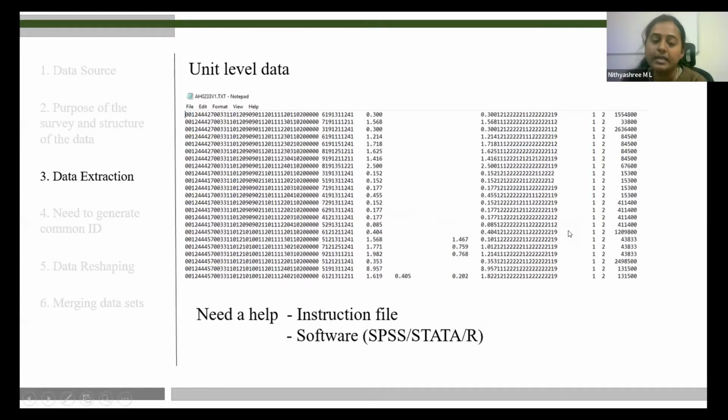We don't have any clues what these digits are about. For example, what is 00? What is 12? We don't have any information in this text file. This is how your unit level data looks when you buy or get the unit level data. This is the data file. Within the data file, you will have a couple of text files, and the text file looks similar to this.